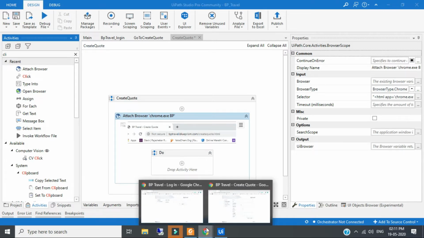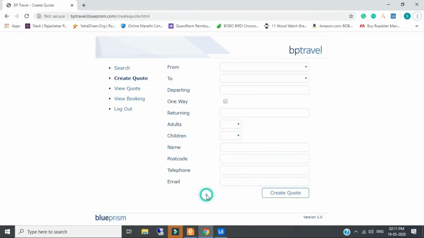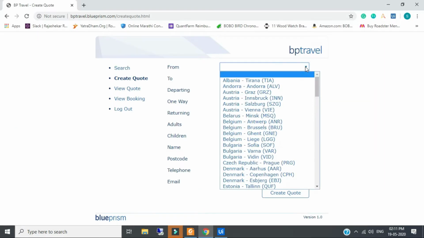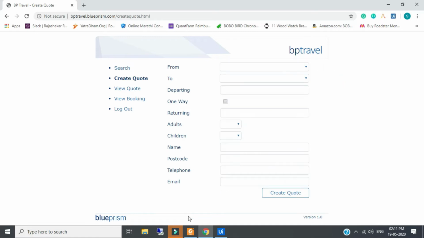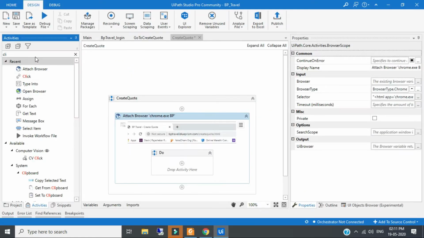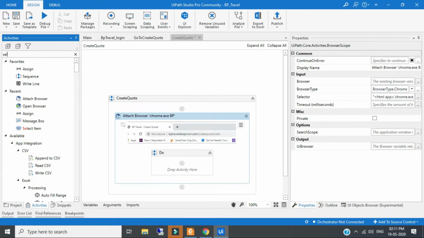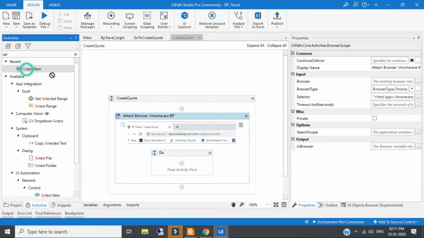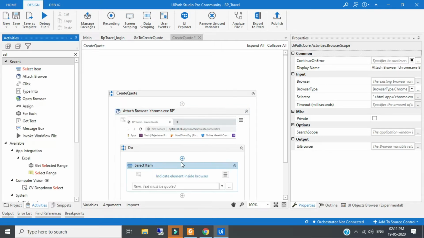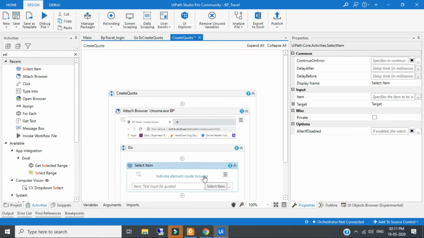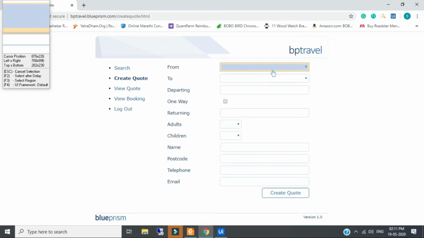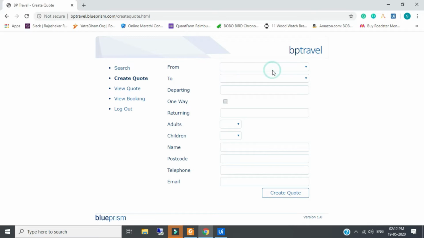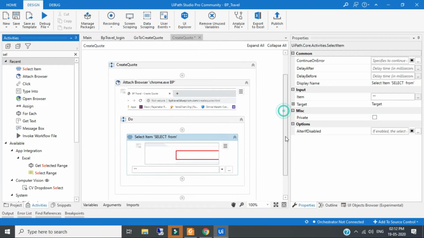As you can see here, this is the drop down list. For that we have the activity called select item. So we'll drag and drop this activity here. Same as before, we will find that particular drop down list, and the magic is here.